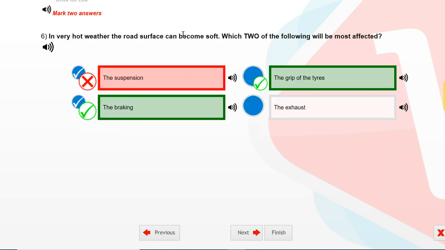In very hot weather, the road surface can become soft. Which two of the following will be most affected? The braking, the grip of the tires.